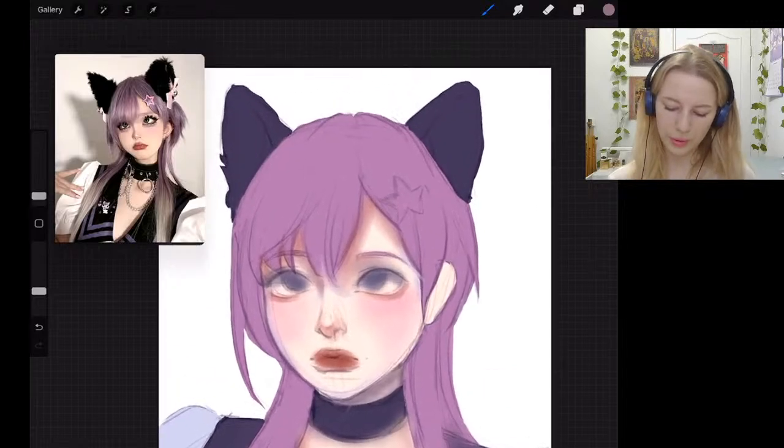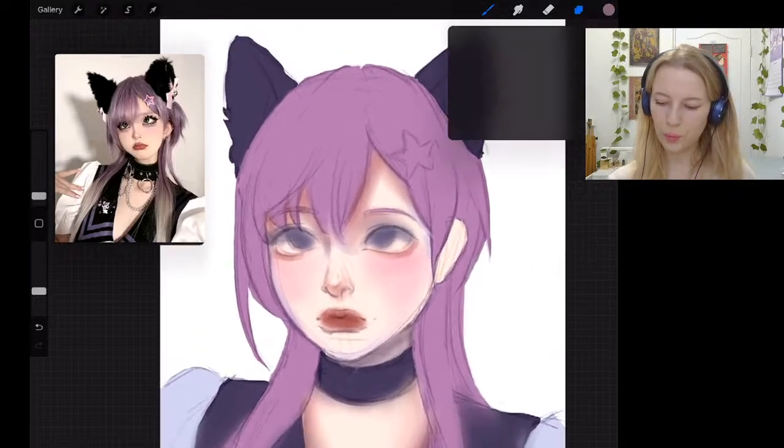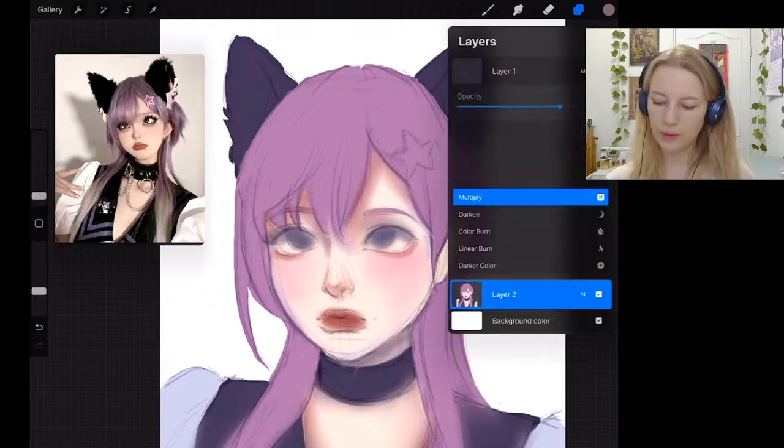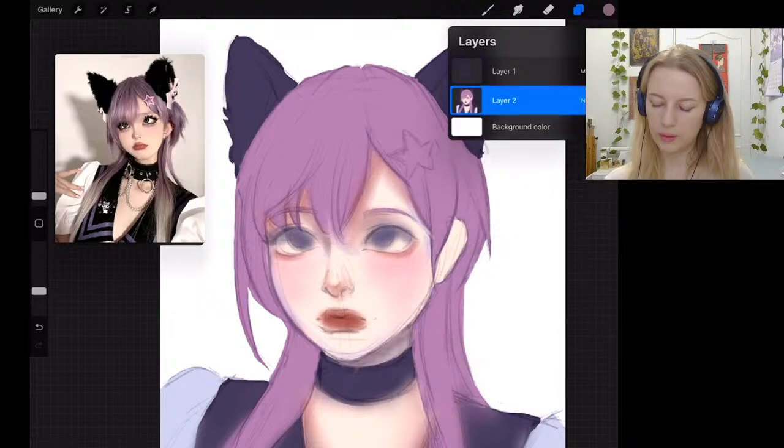Yeah, not getting too attached to the face at this moment. Let's slightly decrease the opacity, it can be even 10%, maybe it's even too much, like let's say take away 5%, right? And little by little, you will get rid of this sketch, because even the fact that this sketch layer is present creates additional line art, and not necessarily the line art that you want in the end of your artwork, but